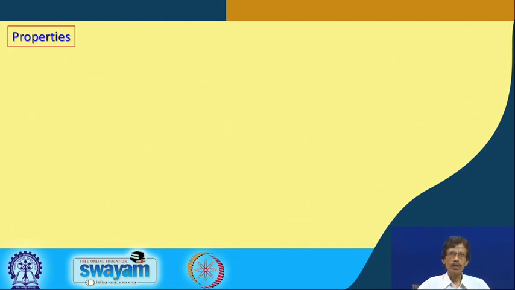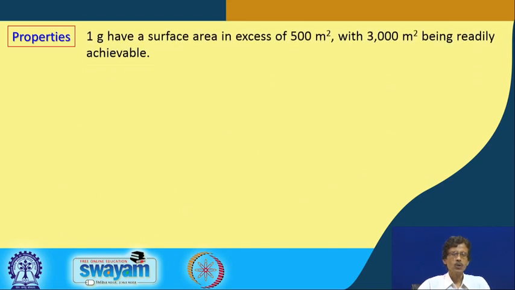Then we just simply consider what are those different properties in our hand, and how they are used. Already we have seen what range we can get for the corresponding surface area. Typically, if we get a range of 500 meter square per gram, we are happy that we have an activated carbon sample. But we can improve the corresponding activity of the carbon material by moving from 500 to 3000 meter square, which can be achieved quite easily.